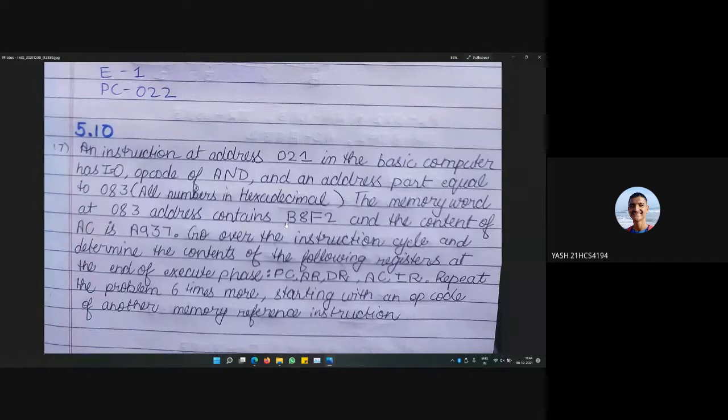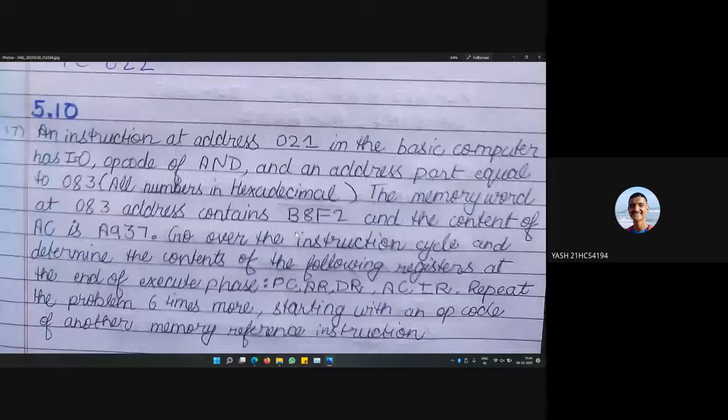This is the actual data stored at address 083 in memory, and the content of AC is A937. So we have two data here: one in AC, A937 in hexadecimal, and another at memory address 083, B8F2. We have to go through the instruction cycle and determine the contents of PC, AR, DR, AC, and IR after our statement has been executed.